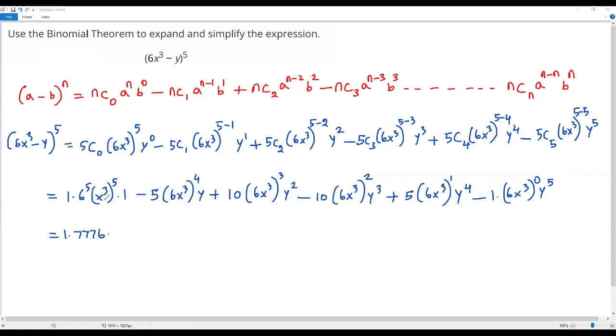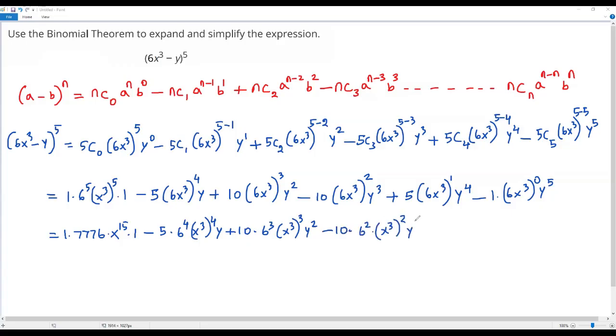7776 times, and here we have base x with exponent 3, and for this complete stuff we have exponent 5. Whenever we have two exponents like this, we can multiply the two exponents. Then I'm getting x to the 15th power times 1 and negative 5, and here 6 and x cube are multiplied, and we have the exponent 4 in common. So the exponent can be taken separately for this 6 and x cube. Then I'm getting 6 to the 4th power, x to the third power to the 4th power times y positive 10 times. The same thing we can do here, that is 6 to the third power times x to the third power to the third power times y square, negative 10 times 6 square times x to the third power